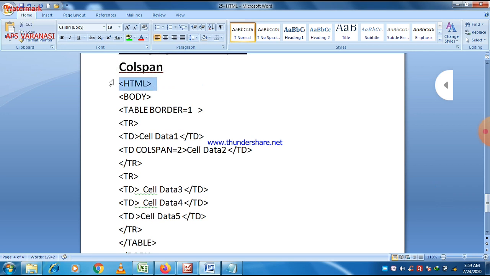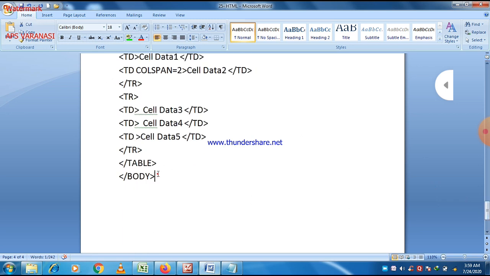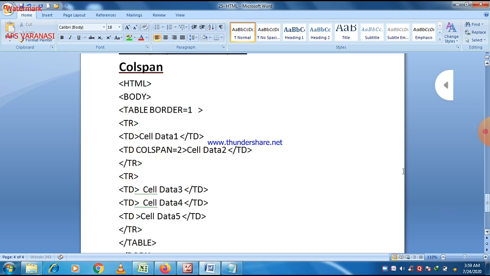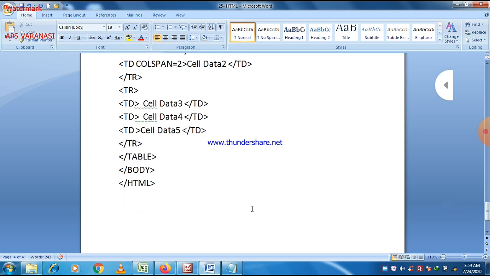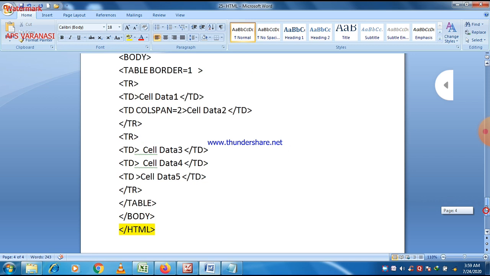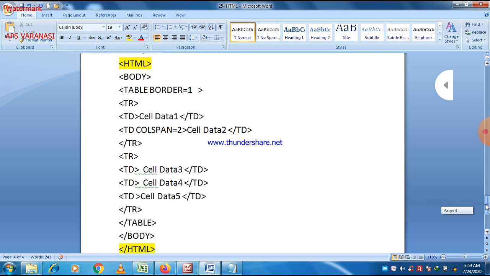As you know, first of all we have to write the HTML tag, and HTML should be closed at last, because it is the root tag, and everything is written between the HTML open and close tags. So this is our HTML tag, and just close it, and between these two tags the whole program should be there.